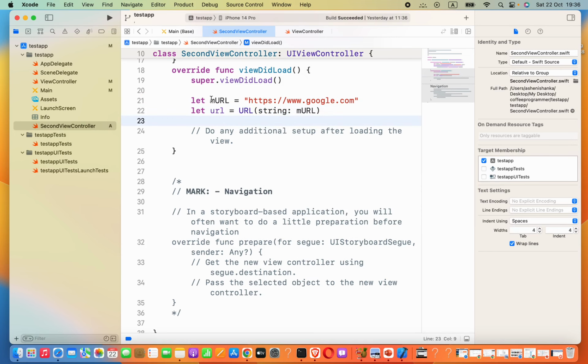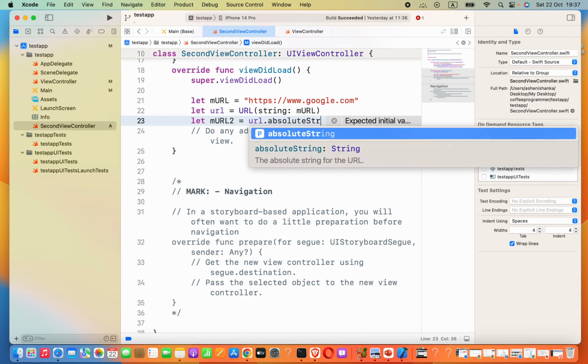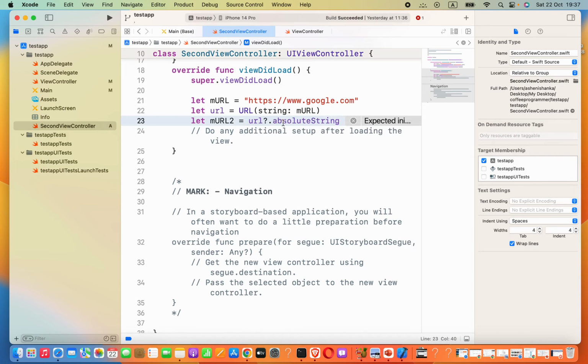Now we want to convert this URL into a string again. We can say let mURL2 and that equals to URL, which is this one, dot absoluteString. Okay, this will return us the absolute string of that URL. Alright,